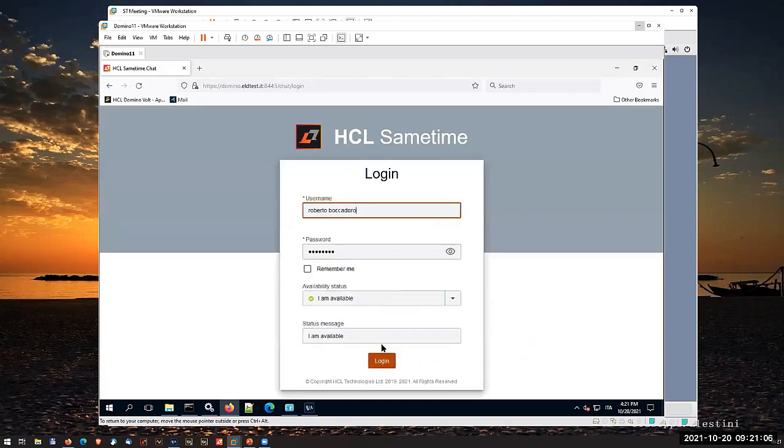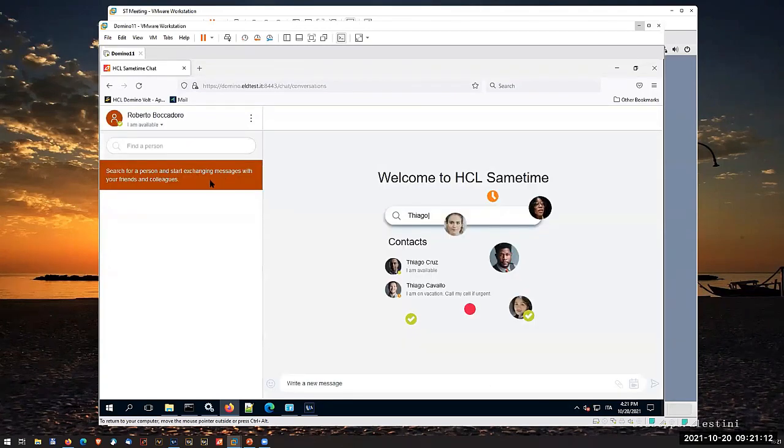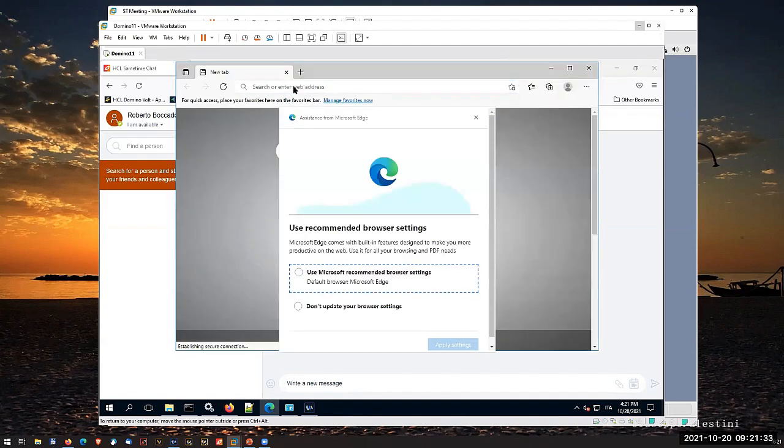And then we have our chat, web chat client. Okay. So basically, for the pure chat part, this is it. We have installed the standard community client. We installed the proxy server. Let me see if I can just do